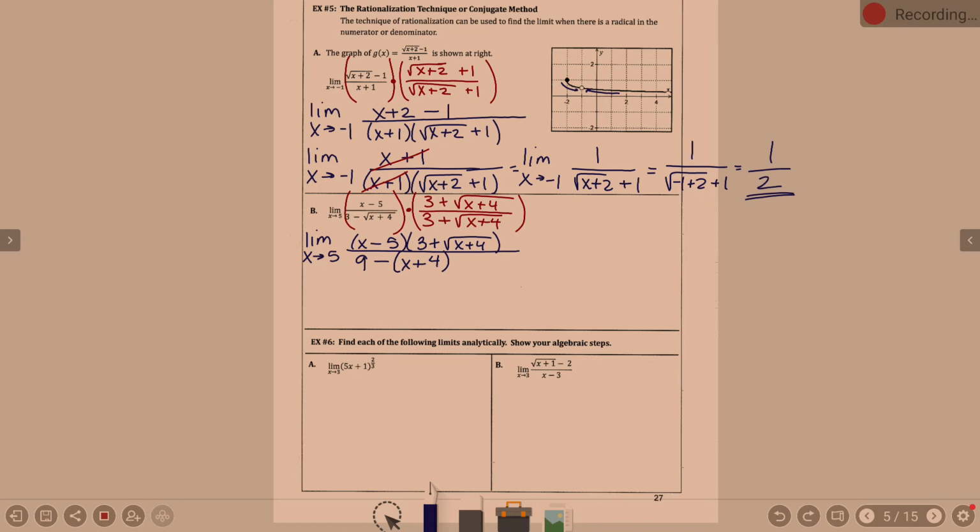Because it's a minus of that term x plus 4, it's going to end up minus x and minus 4. So, limit as x approaches 5. On top I had x minus 5 and 3 plus square root of x plus 4. My denominator cleans up to be